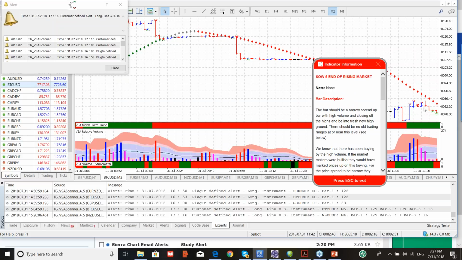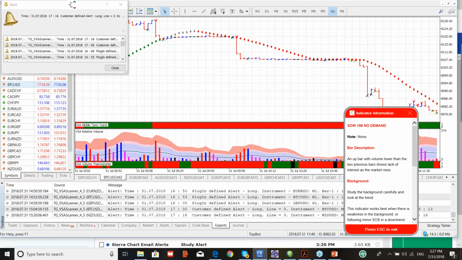Now, watch what happens. Over here, some of you said, well, if you then saw the next indicator in a downtrend, and you've got end of a rising market behind you, you have there a serious sign of weakness, because now the market has tried to go up, but there's no volume there. It's dried up, or it's less than the previous 2 bars, so you have no demand. So what we'll now do,